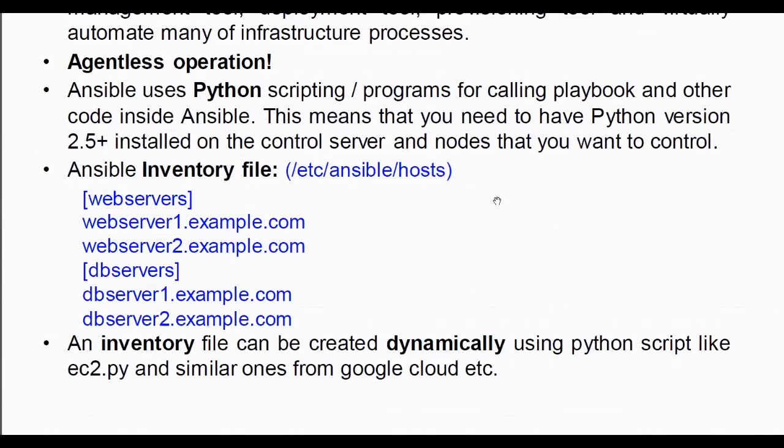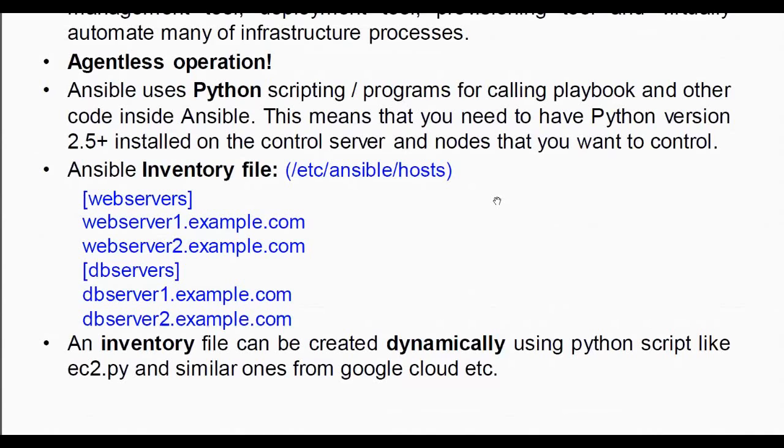The Ansible inventory file is a simple list of all the nodes that I want to manage. So if I have, let's say, 10 different machines that I want to manage, and these 10 machines are a combination of some machines running on a cloud environment, let's say AWS or Google or Azure, or maybe some virtual machines that I have created on my local environment, and I want to change the configuration of these machines, I have to first of all list out all these machines that I want to manage.